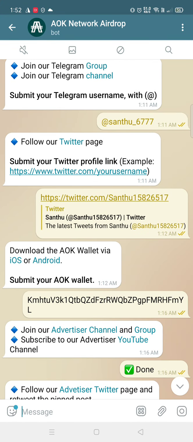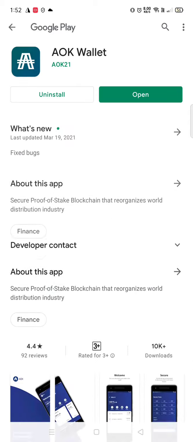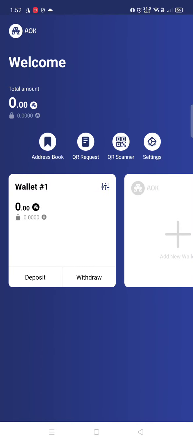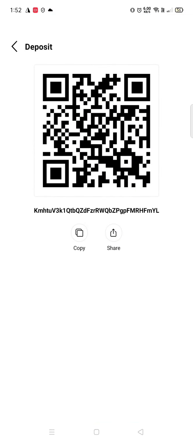Now download Evoke Wallet. After downloading it, how do you give the address? You need to open Evoke Wallet. It is the same: we have to back up our phrase and so on, and you need to click on deposit. You have an address here.